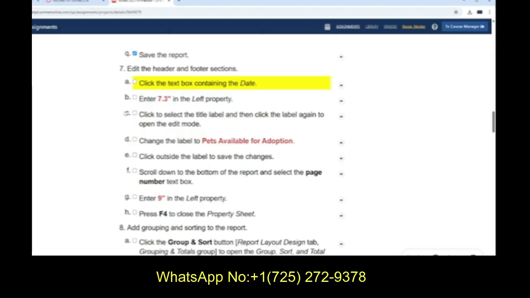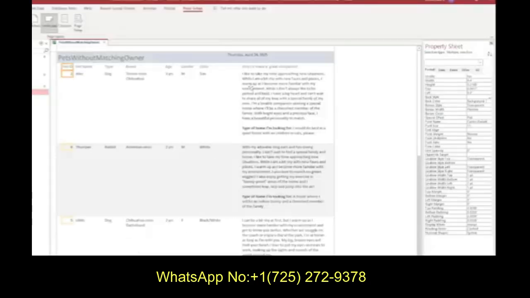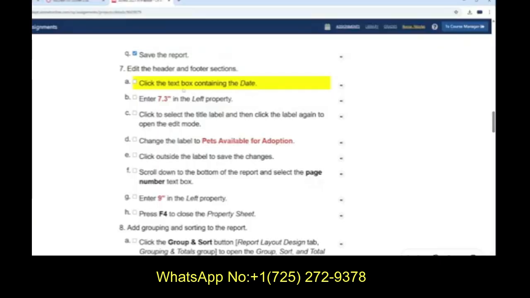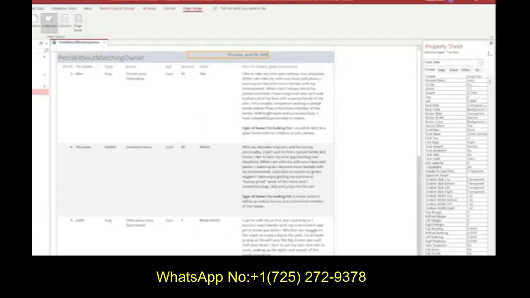So here we go, everybody. In step 7, we're going to click the text box containing the date. We're going to click once on the date and change left only to 7.3. Left is over here, it says 4.9896. We're going to type in 7.3, enter. Yes, 7.3. Somebody on the stream could have told me I had the wrong